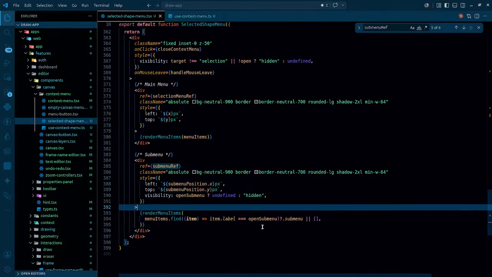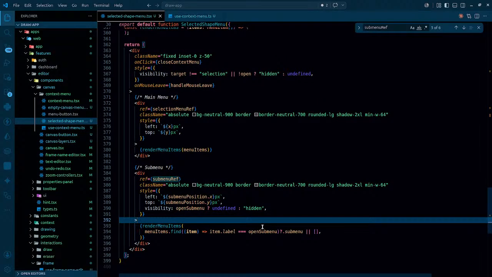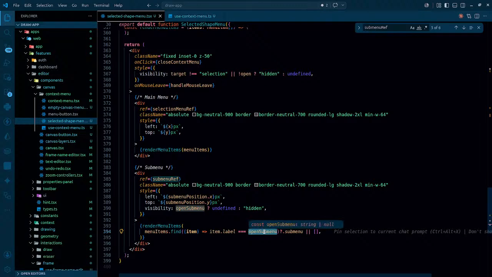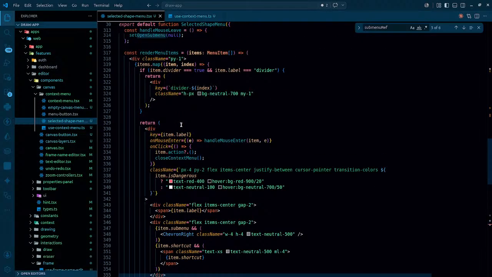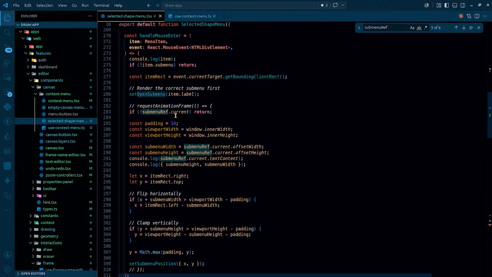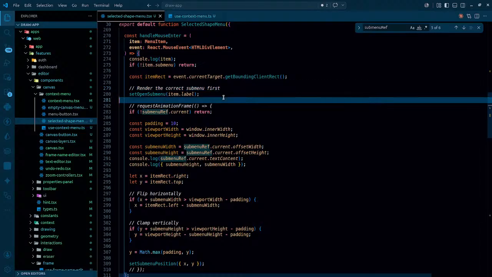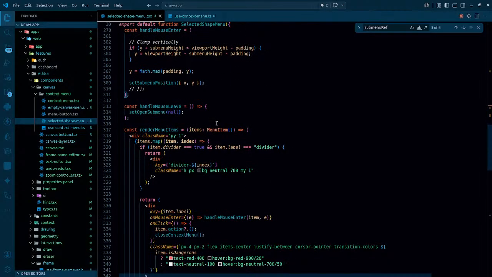So we can do one thing. What is that? Whenever the open sub menu changes, that simply means whenever we hover over one, it becomes true, as simple as that. Whenever we hover over it, it just changes. Whenever it changes, I'm gonna be creating